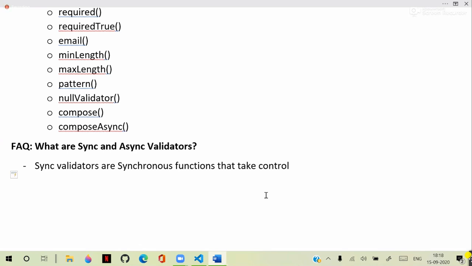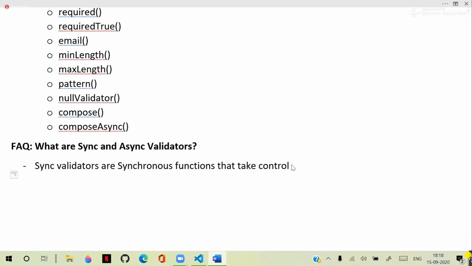So technically, synchronous functions take a control instance and immediately return either the set of validators are having errors or not. Technically, it will manage that,